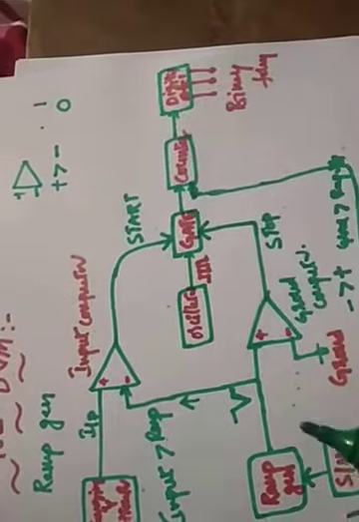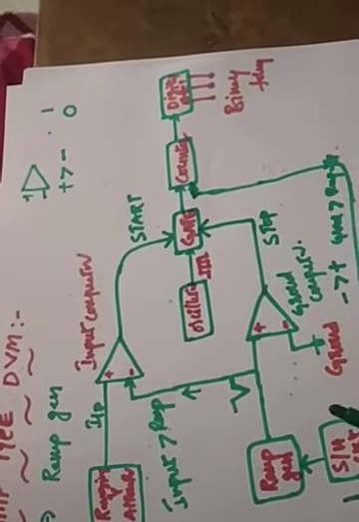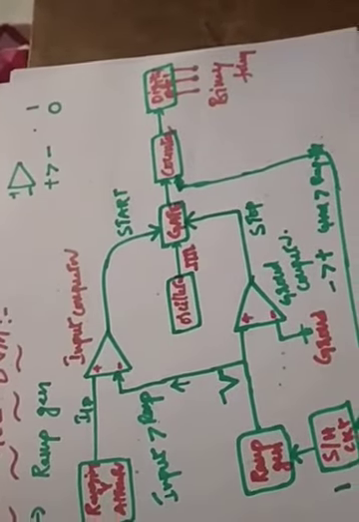So what is the function of a counter? The counter counts how many clock pulses there are, right? It gives that count to the digital display. If it is 3 clock pulses, it will display the 3-digit form. If it is 4 clock pulses, it will display the 4-digit form. Whatever it may be, binary form will be displayed, up to when your gate is open.